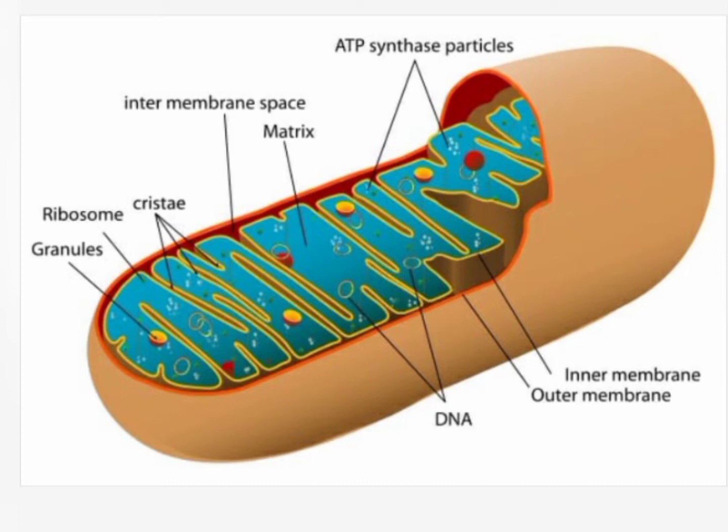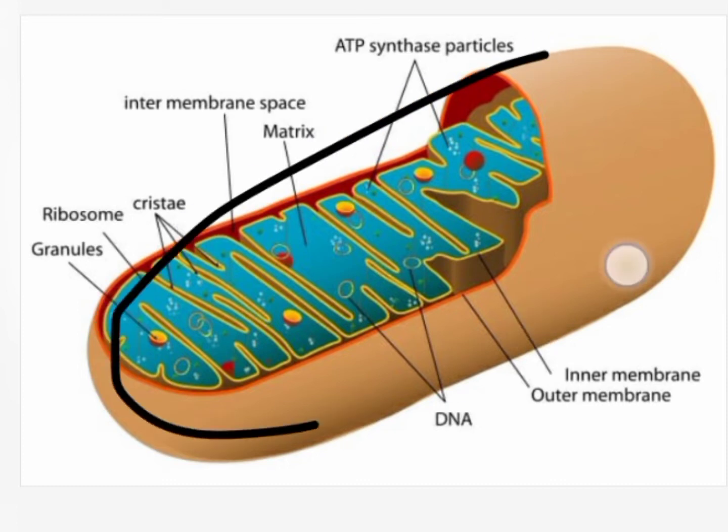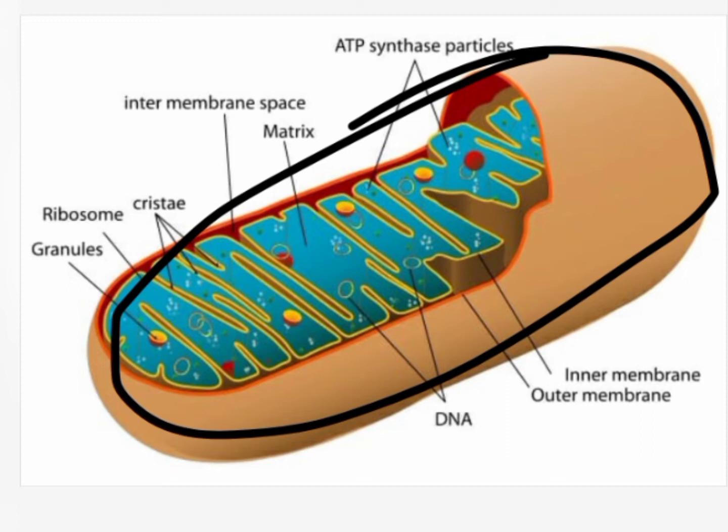Now, typically mitochondria are sausage shaped. Can you look at the shape? Have you seen a sausage in a hot dog? These resemble that, right? Typically mitochondria are sausage shaped, but they may be granular, rod shaped, spherical or thread-like also. So there are variations in shapes. They can be sausage shaped, granular, rod shaped, spherical, thread-like, anything.